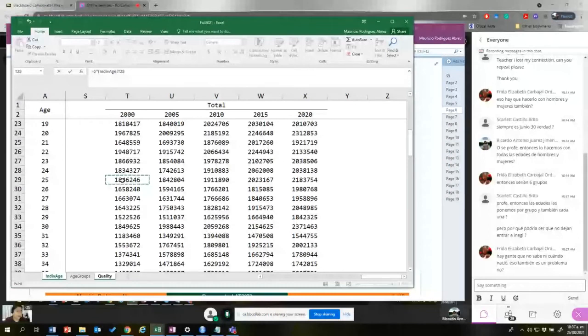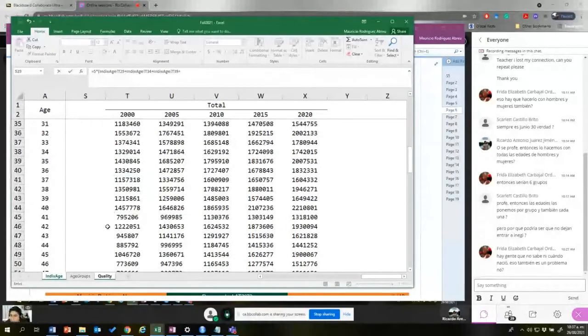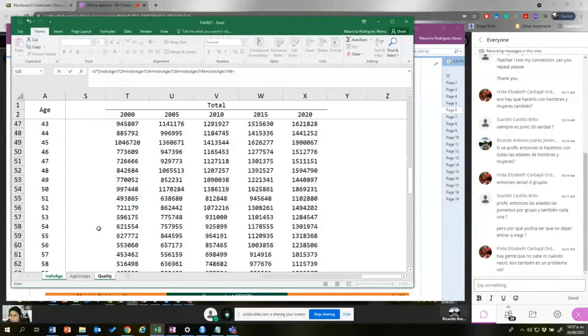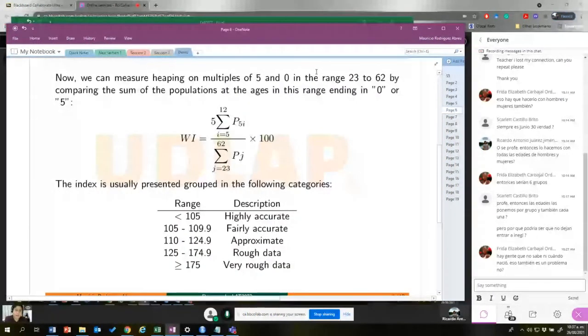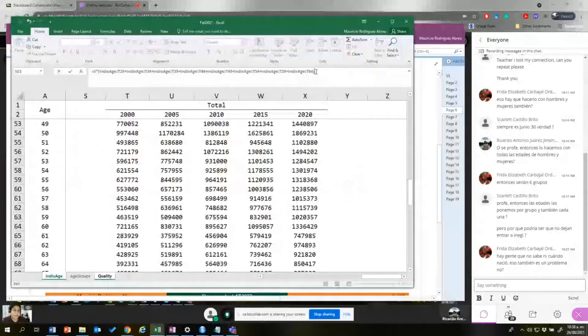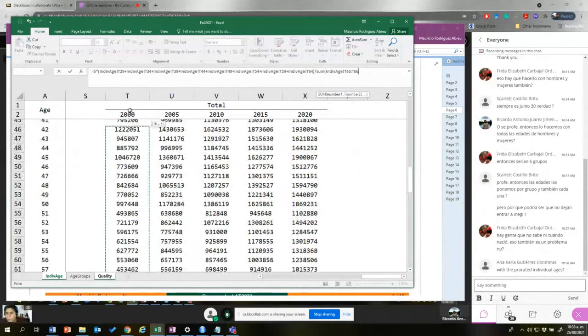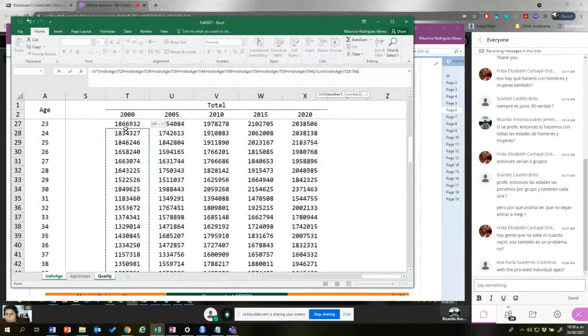25, then 30, 35, 40, 45, 50, 55, and 60. So there are 9, 4, 9, 4, 9, 4, 9. Okay, that's fine. So I have the number that I need up in the formula, and then I just need to add all single ages from 23 to 62, sorry. And down here, I'm gonna go here. Give me a second. I am pulling this formula. Yes, with the prorated